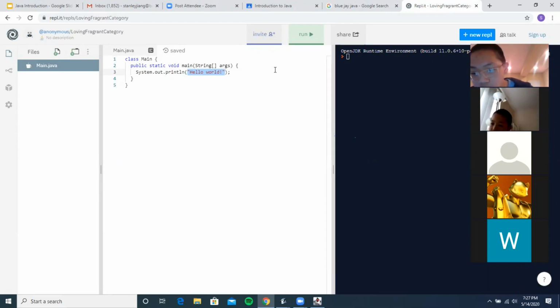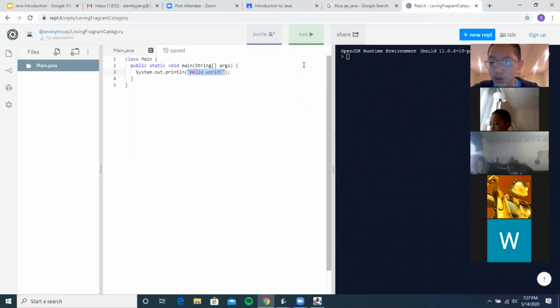Can I also do System.out.print? Yes, you can, but the problem with that is that in most scenarios you would not want to, because without the ln, your cursor will not switch to a new line, which makes outputting further information very difficult. However, a way to remedy that would be to do System.out.print and then System.out.print again, and then you can use a slash or something to create a new line.